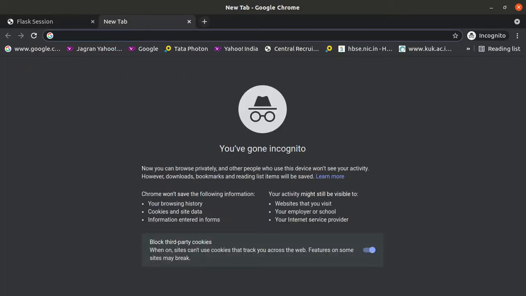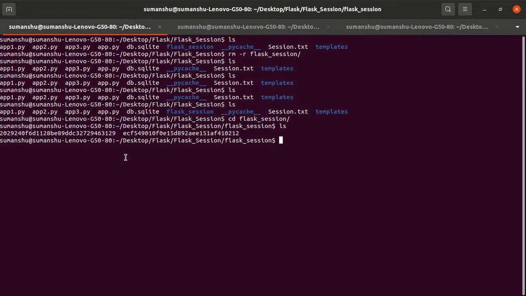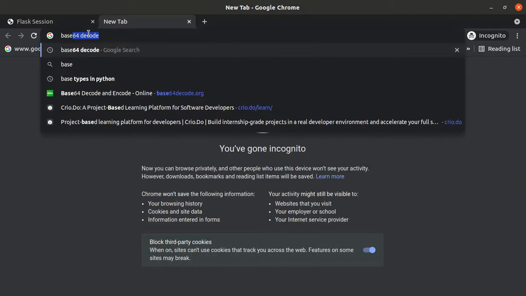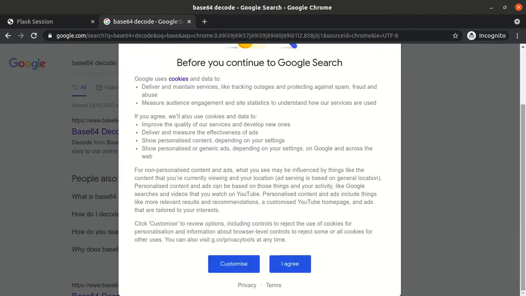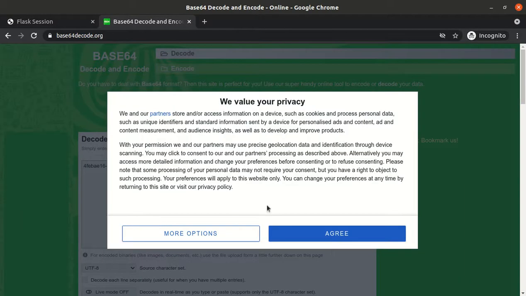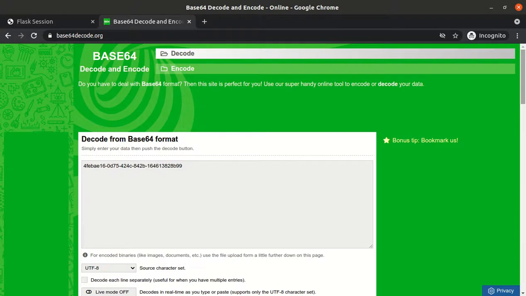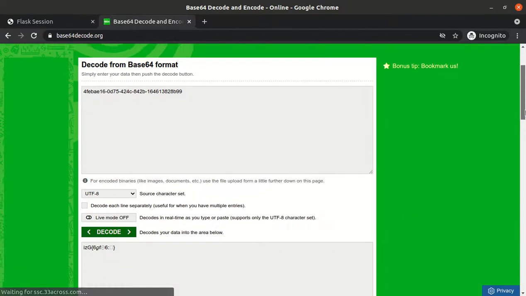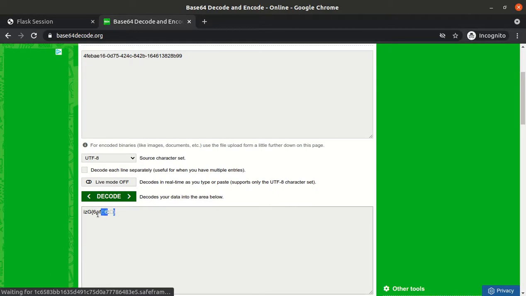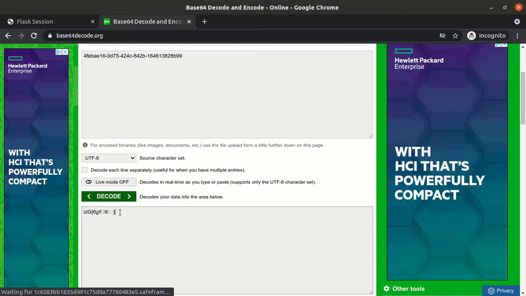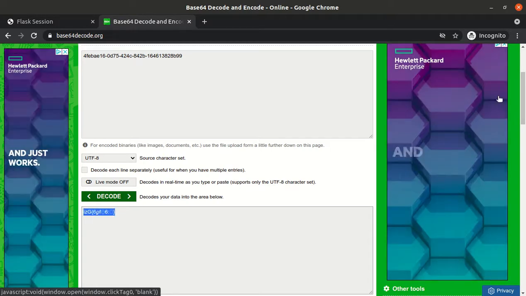Let me show you. ls, base64 decode. See, because we store the information at the server side, you will not be able to see what data I have entered.